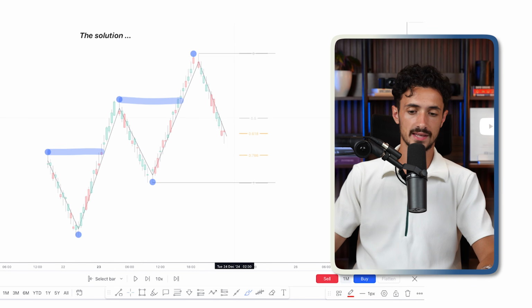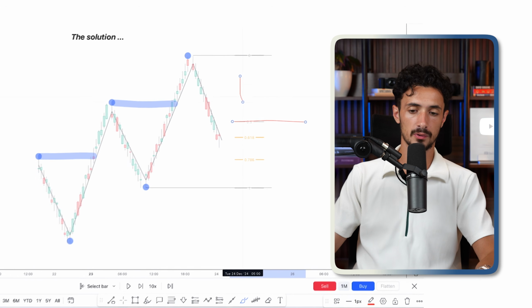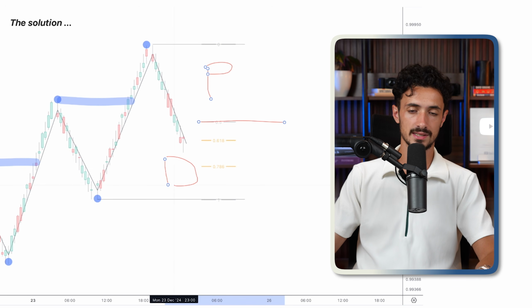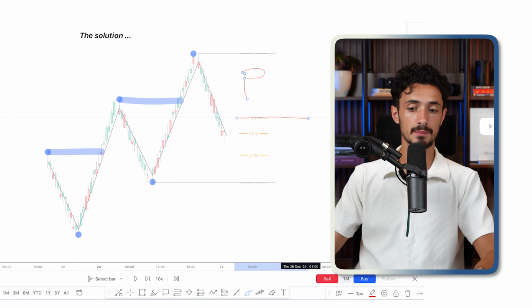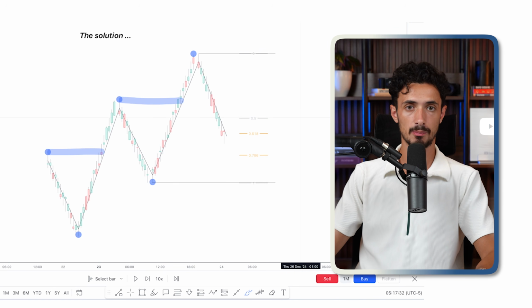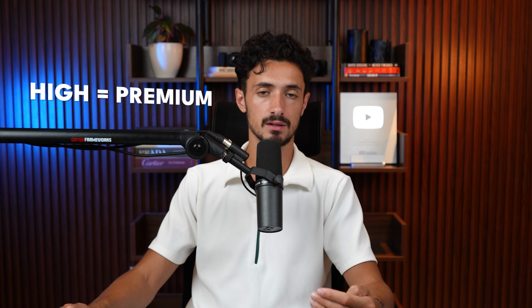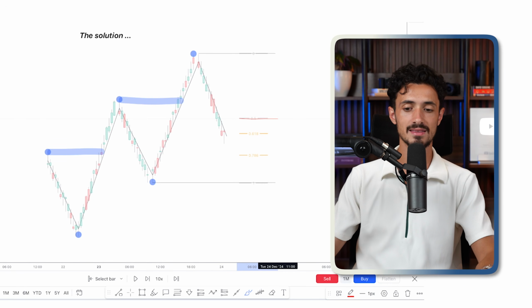Well, this 50% gets broken into two things. We have premium and we have discount. Now, it's a very simple concept. At any one point in time, price is either trading at a premium or trading at a discount relative to your price leg. That simply means that if it's high, it is considered premium, and if it's low, it's considered discount. And just think for a minute based off of market psychology. Everybody wants to buy when it's cheap, and everybody wants to sell when it's expensive. That is the framework that you're using. You want to be buying when price is in the discount, and you want to be selling when price is in a premium. So by understanding this, and by understanding that anything below 0.5 is discount,